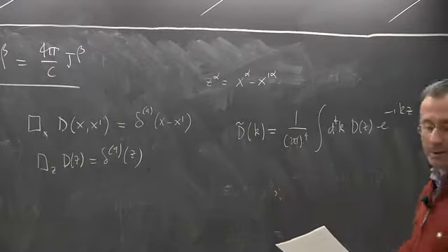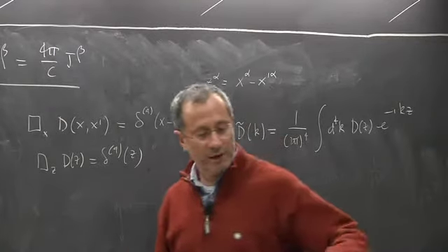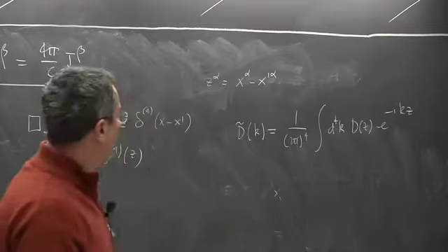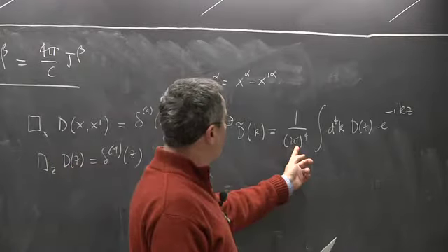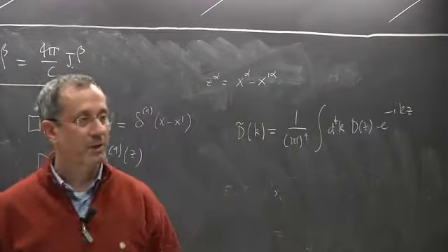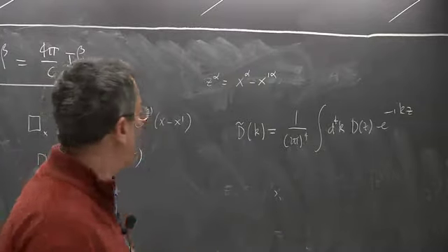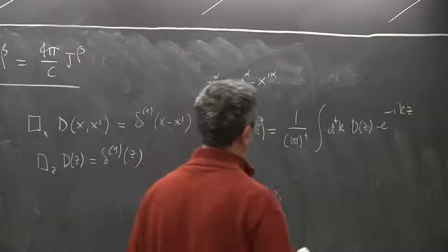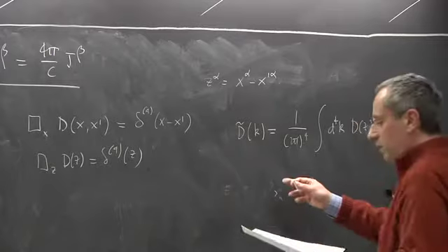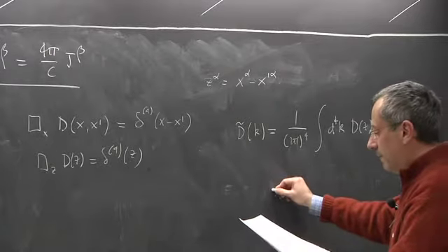Well, it's a convention, but my convention is that you have as many 2 pi as dimensions of space. So we had 3 the other time, and now we have 4. According to this definition, you see that